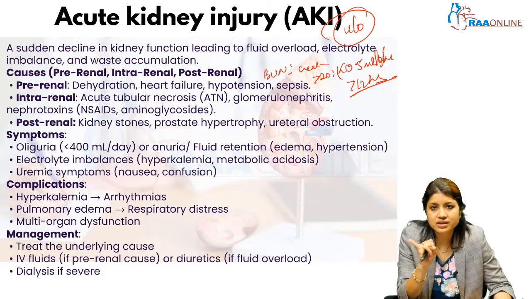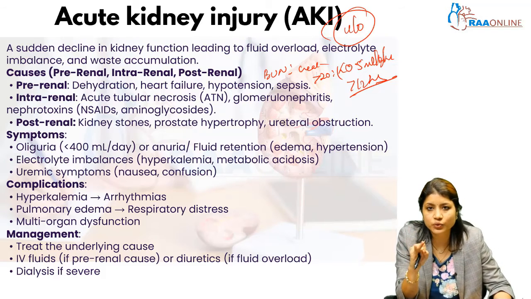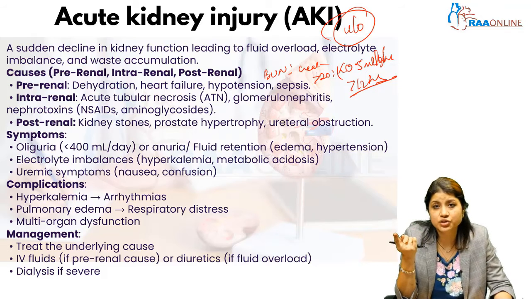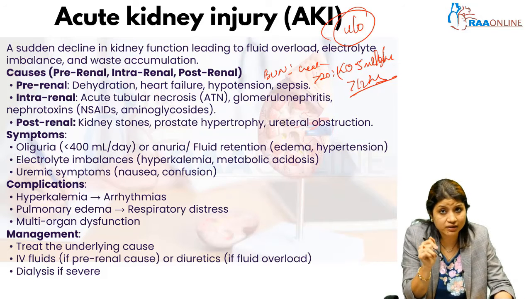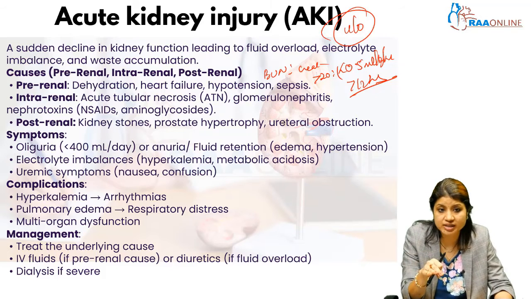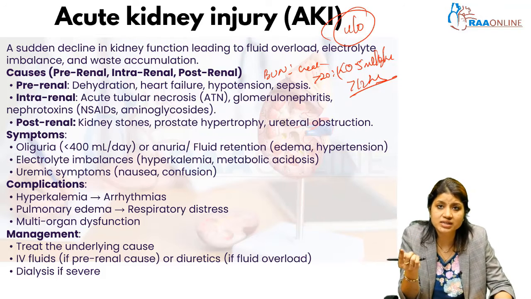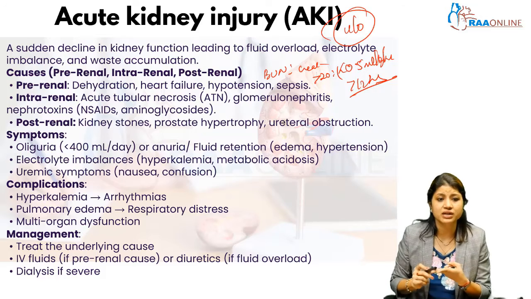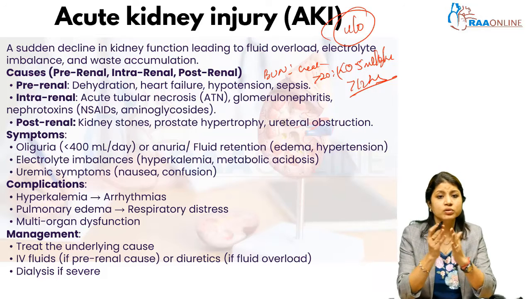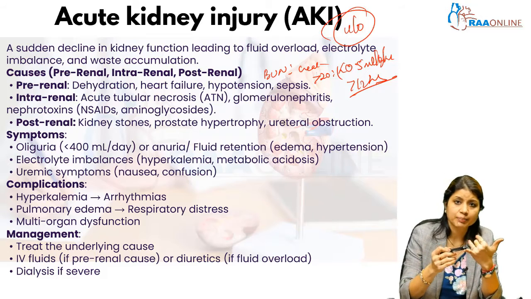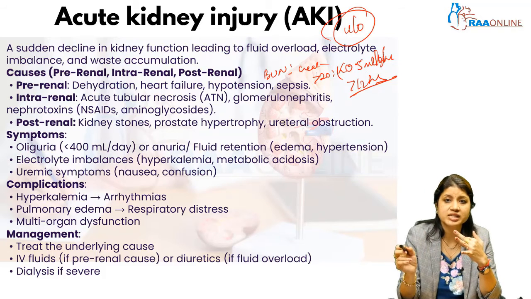Then once there is a fall in the urine output, you definitely have fluid retention which causes pedal edema, presacral edema, an increase in your blood pressure, as well as pulmonary edema. Then you have a lot of electrolyte imbalance, especially hyperkalemia, and then refractory metabolic acidosis. And once your urea starts building up, you have uremic symptoms like uremic confusion, uremic pericarditis, nausea, vomiting and other things. So once your AKI sets in, your dyselectrolytemia sets in, hyperkalemia, hypokalemia, prone to cause arrhythmias.